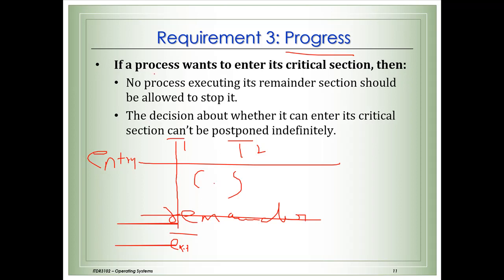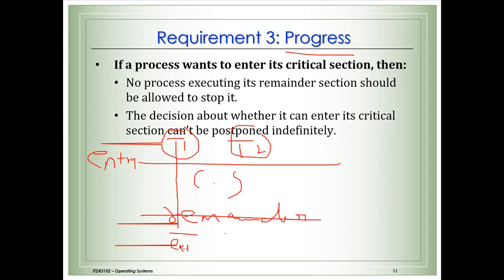So if a thread or a process wants to go into the critical section, it should be allowed to go into the critical section. It should execute all the statements in the remainder section, and then exit.